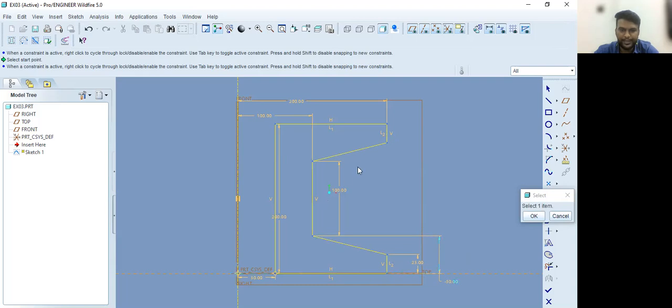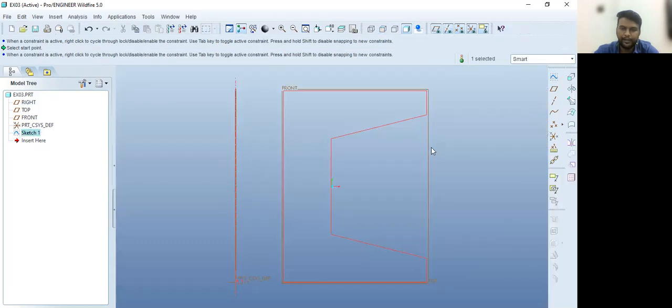The dimensions are okay, the sketch is okay. Then we click here on the OK sign that is used to finish the sketch. Once the sketch is done, you can click here on the OK option and you will enter into the part modeling. Here you can see different commands to convert 2D sketch into 3D. When you move the cursor, you can see the revolve tool here.